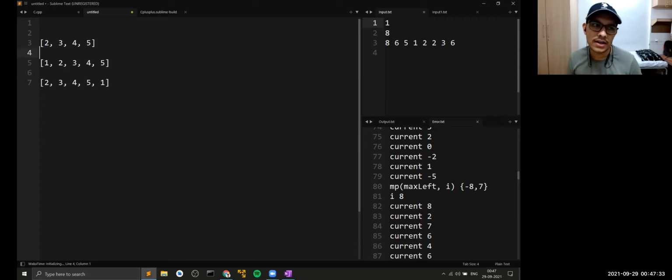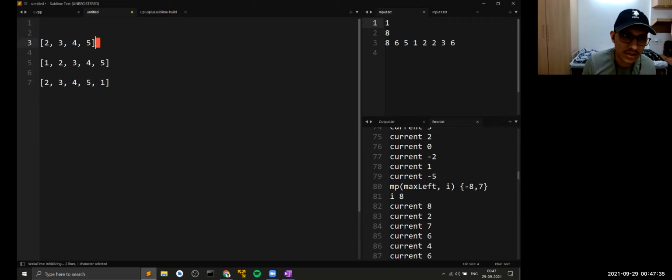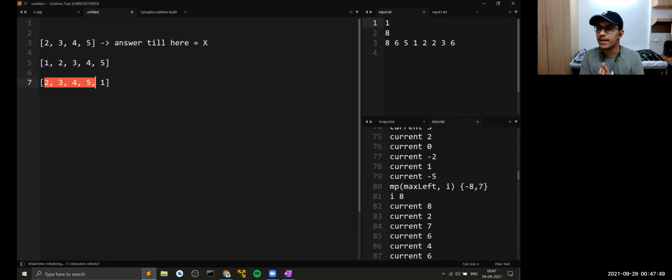First of all, there is just one observation that you need to see, that for this given DQ, I already know that the answer till here equals X. So this subarray won't change. This subarray will never change now. The number of inversions in this subarray will remain the same, whether you insert one here or you insert one there. This subarray is not getting affected in any way whatsoever. But what is getting affected? The inversions associated with one. Is this making sense? The inversions with one are only getting affected.